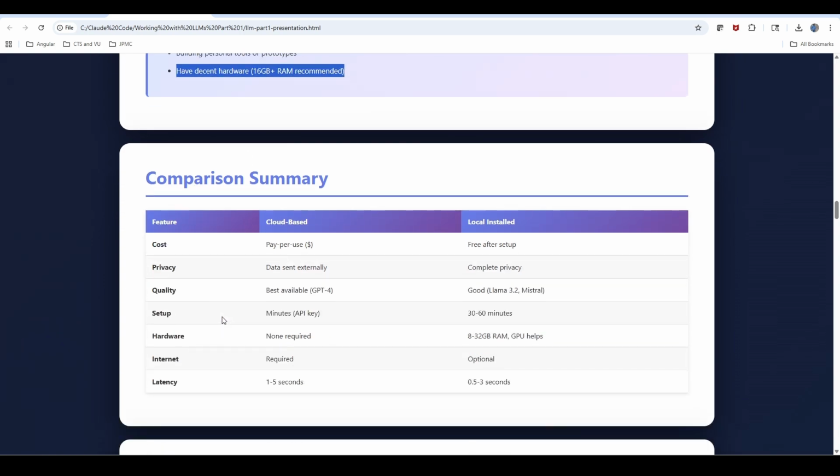So now let's talk about the comparison, right? Cloud versus locally installed. On cost, with the cloud you need to pay per use, and here it is free once you set up the model and run it. On privacy, data is sent externally with cloud, because these models are running remotely, whereas locally installed models are completely private. On quality, you get the best available, like GPT-4, whereas locally installed models sometimes don't have better models to install.